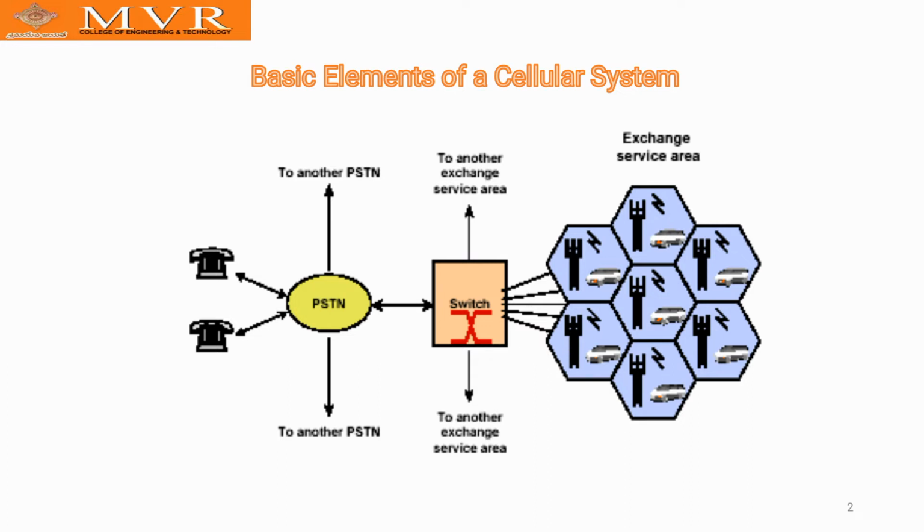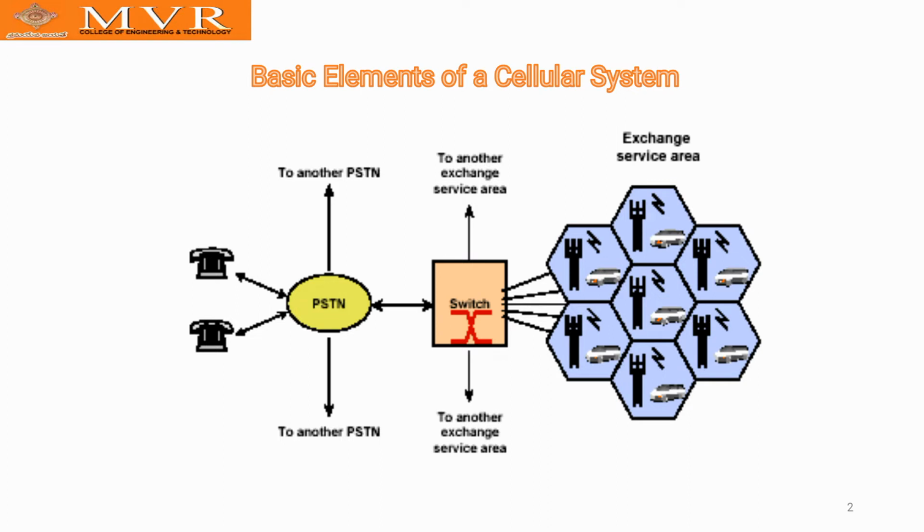Here there are a number of mobile phones that are in the telephonic cellular system. In this telephonic cellular system, it can do data transfer to and from, so exchange. Here the PSTN, public switching telephonic network, connects to another PSTN. There are two because we are using two mobiles, so each and every telephone will use a PSTN. So here we get the switch in between by using the exchange service area.